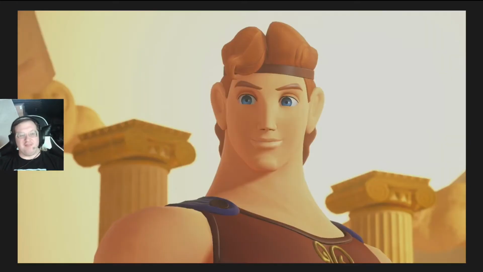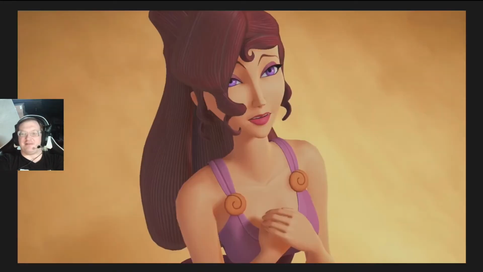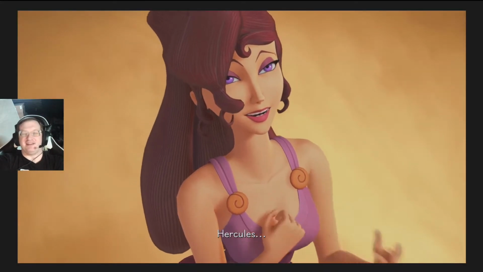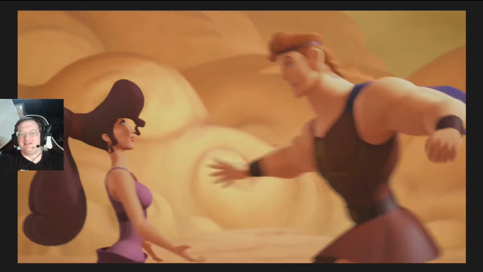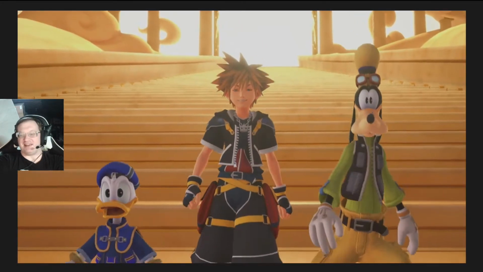Not a whole lot of meaning in that description. There's obviously a reason he's been living among mortals. Now all of a sudden it's like, you should stay with your family. You know, he knows what he's doing. He can come back and visit. Yeah,